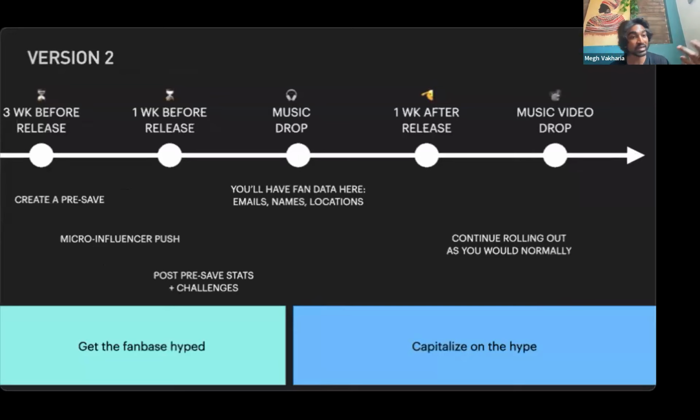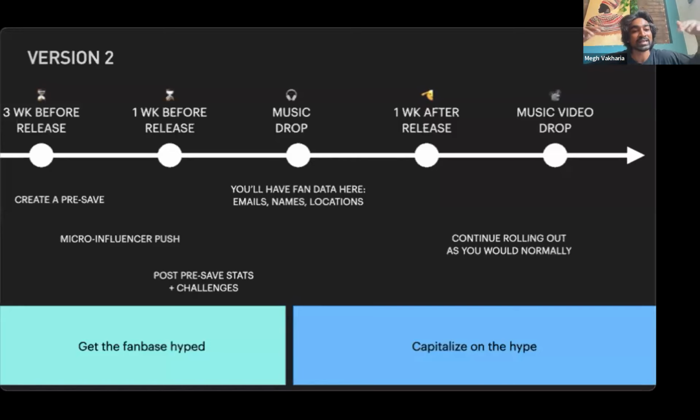Another idea, right? Create a pre-save, and use a platform like Big Tiny Sound or whatever. There's a bunch of platforms out there to do micro influencer pushes. A lot of it's about optics, right? It's about getting a fan base hyped up. So you could say, yo, I have my pre-save 3 weeks before the release, go pre-save now. Then you spend $100 on 20, 30 micro influencers before the song's out, right? They might be from all over the world, whatever. It's just about the